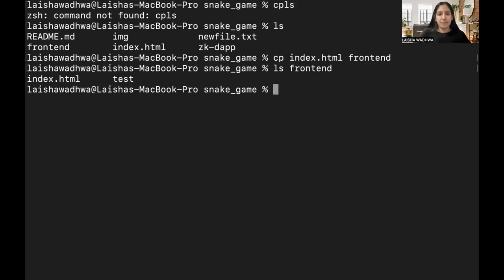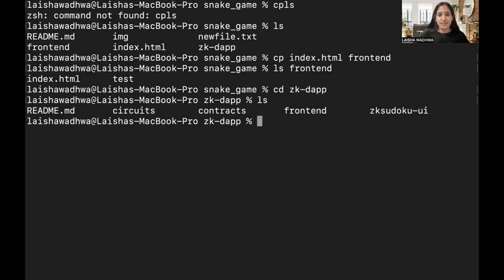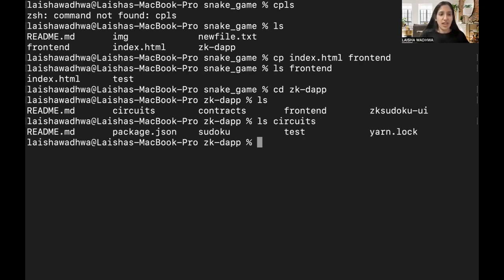Or let's say, let's go to the zkDAP folder because it has more files. Now let's move a bunch of things around from circuits to contracts. And let me just do a quick check on circuits. So I have this thing called a test directory, and I also want these tests to be available in the contracts directory. So I'm going to say cp test